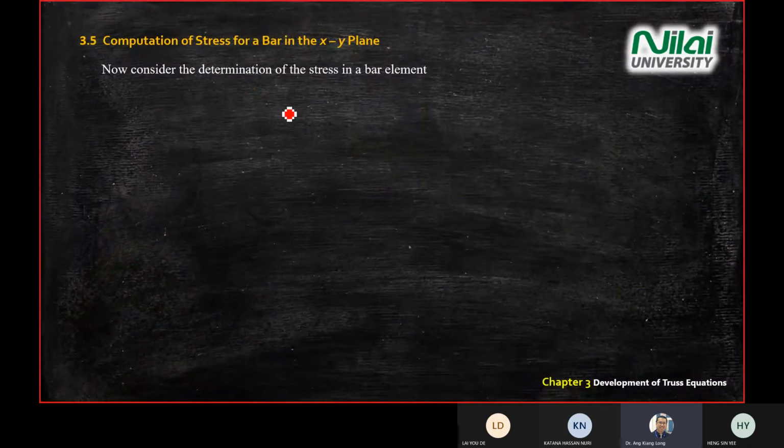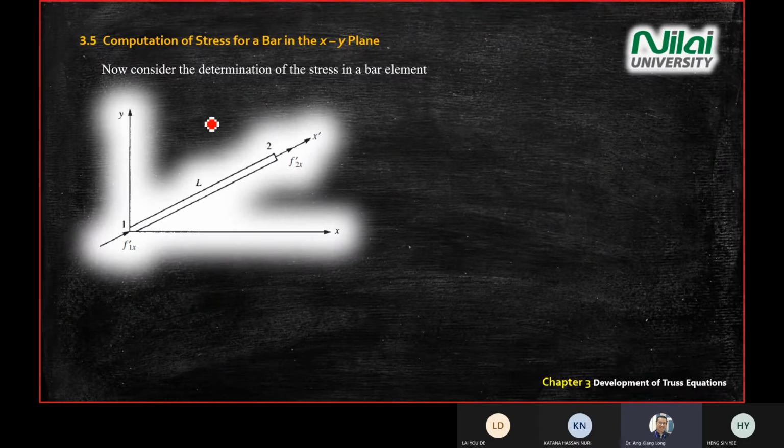Today we're going to look at stress analysis, how we determine stress. So for example, this one will be in your tutorial question number 10, or your handout chapter 3 question 10. You'll get the same diagram as what you see on the screen now. So again, we are having a bar. When you see the bar, you always will have F equal to AE over L times your displacement. So always you'll see AE over L. Remember this one. Now on the screen you see there's a bar, with point 1 and 2, or node 1, node 2,